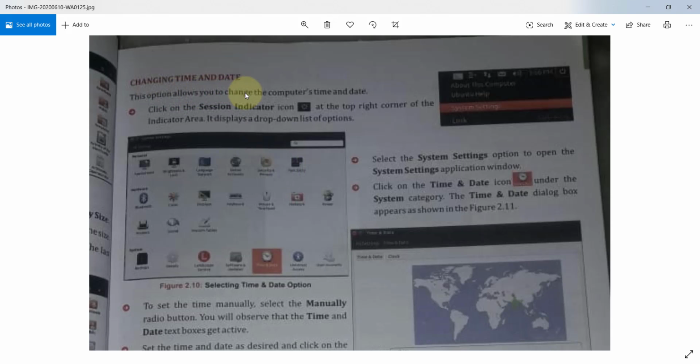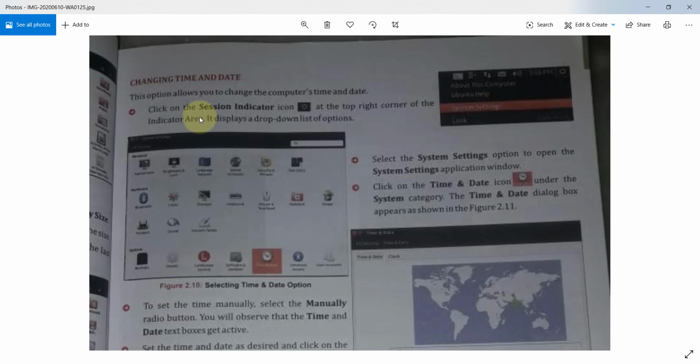Changing time and date, and what is its purpose. Whenever our system shows the wrong time or date, we can simply change it. So how can you change it in the Ubuntu operating system? Note down the steps.